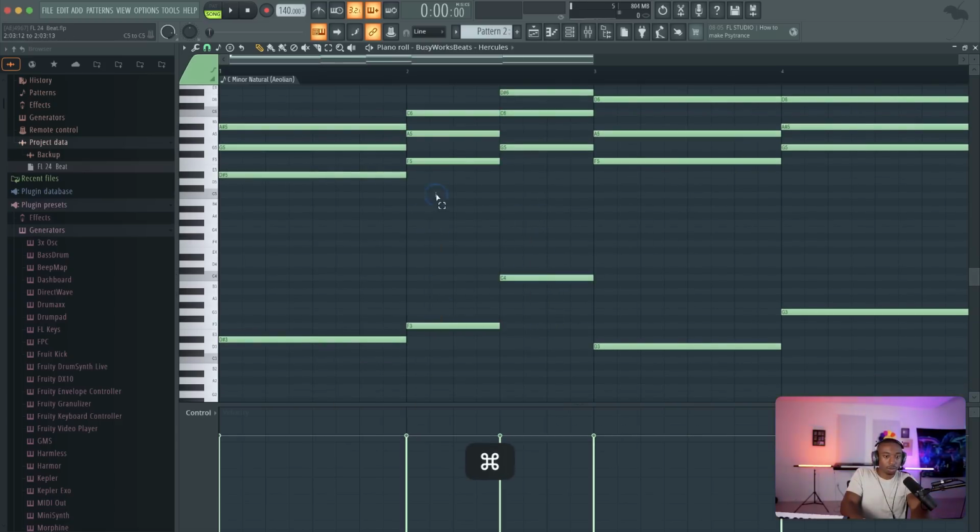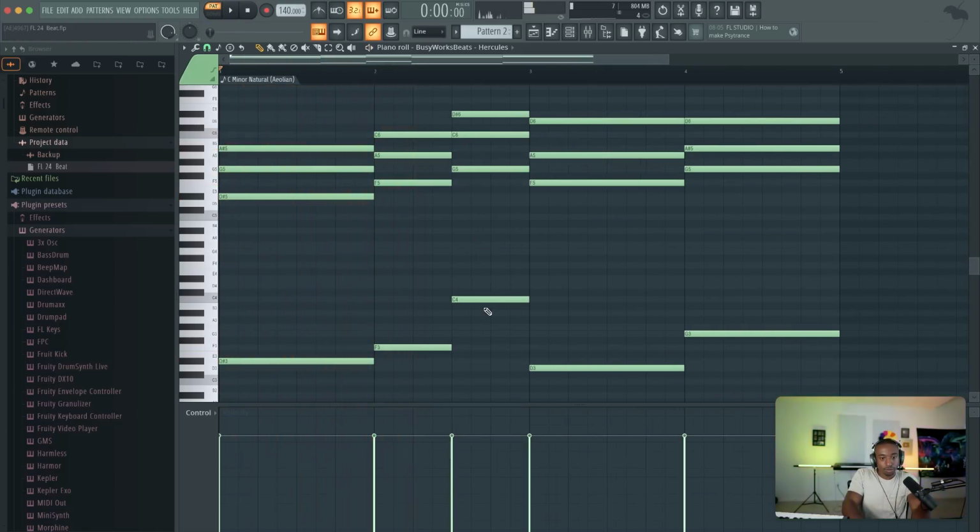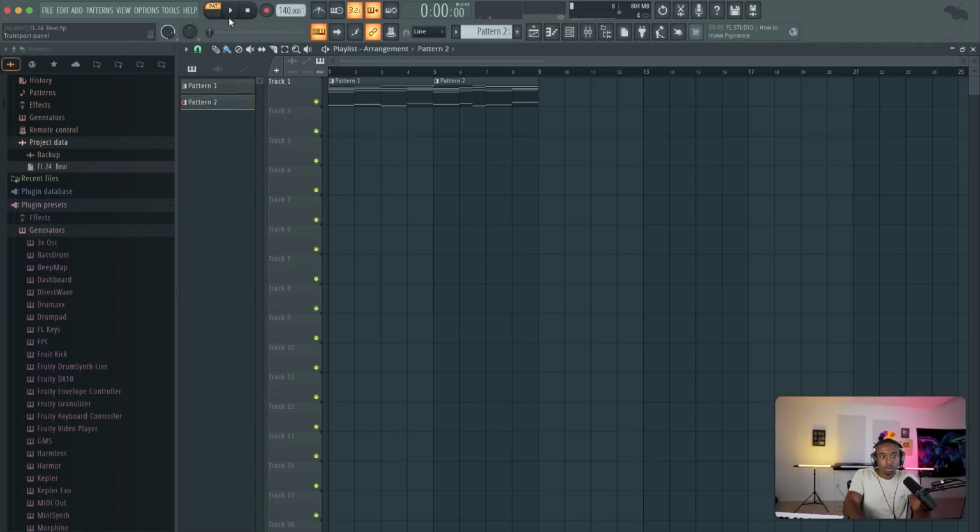Let's say you guys want to move the notes around, but they're grouped. You could highlight your notes, hit Alt G to ungroup the notes. Let's go to pattern mode so we can fix just this pattern here. So I need this note to go down an octave, control down. Now let's go to song mode and now we have two different sections for our chords so it doesn't just repeat itself.